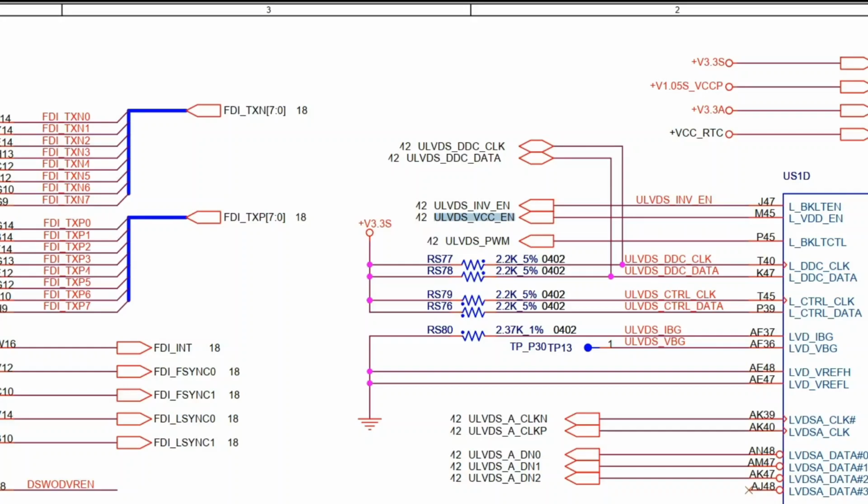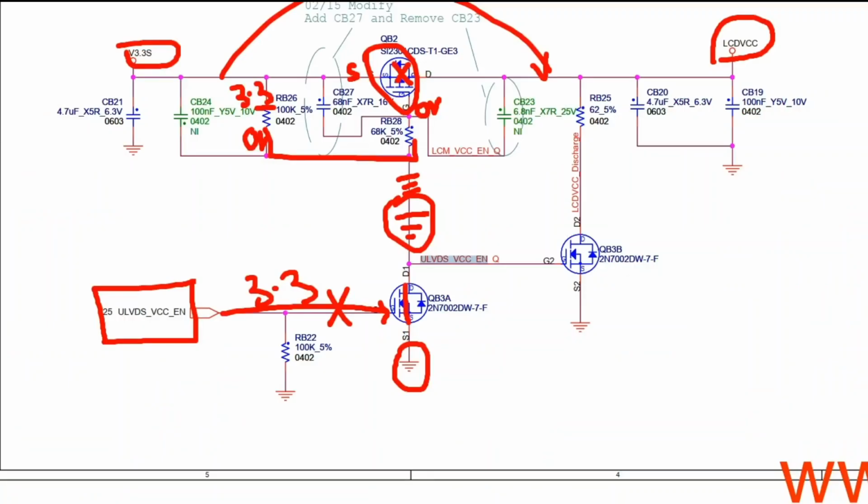So actually, if you are getting a low impedance on this side, we can't fix this circuit because it's directly inside the PCH. There are no components between the signal and the PCH. So we can remove this MOSFET from this place, and we can just jumper the source and the drain, which means the ground point to this point here. So we will be getting low impedance at this point, where the P channel MOSFET will be getting a low impedance and it will start switching. And also,